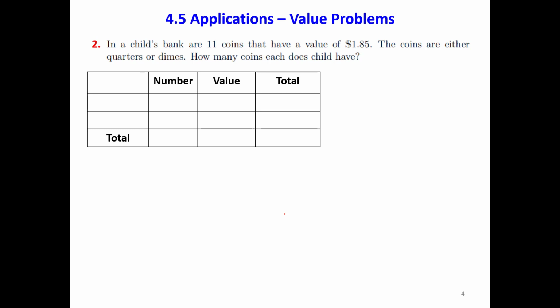In a child's bank are 11 coins that have a value of $1.85. The coins are either quarters or dimes. How many coins of each does the child have? Here we have two different kinds of coins. We will write what we want to find, these are the variables. This is the amount of the quarters,